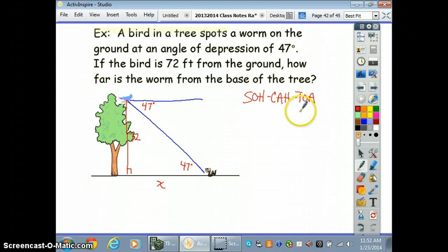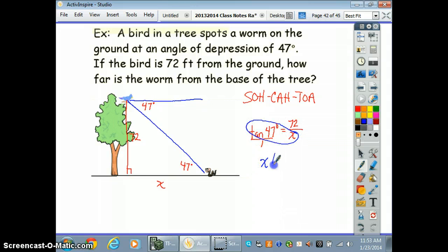Okay, that would be TOA, right? Tangent. Okay, so the tangent of 47 degrees equals opposite 72, adjacent x. We'll do it as a proportion, put it over 1, cross products,